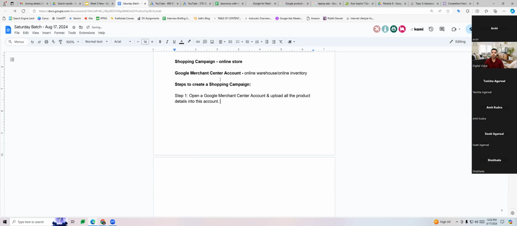Once you do that, then comes the second part, step 2, where you're going to link the Google Merchant Center account with your Google Ads. Okay, you will link the Google Merchant Center account with your Google Ads to create shopping campaigns, to run shopping ads. This is the two-step process, guys, which we have to follow to build shopping campaigns.